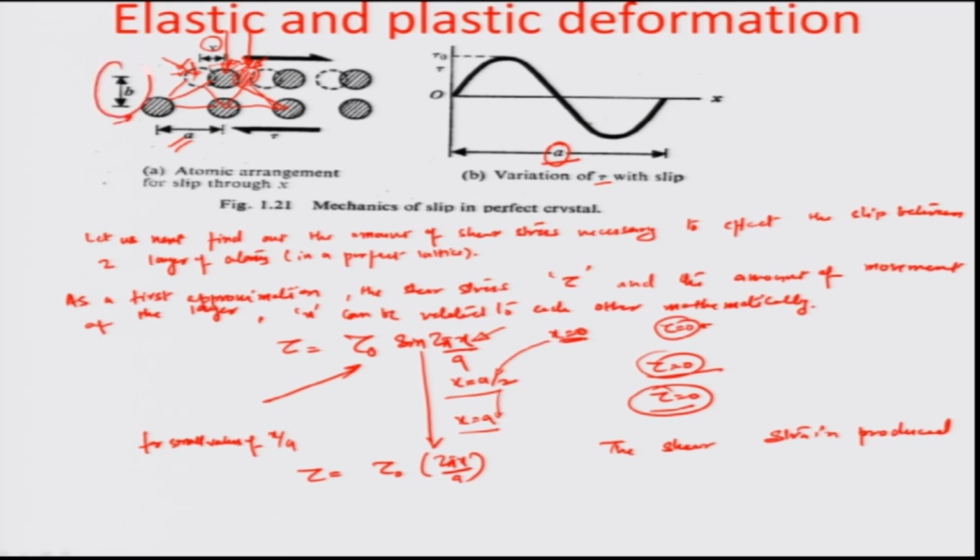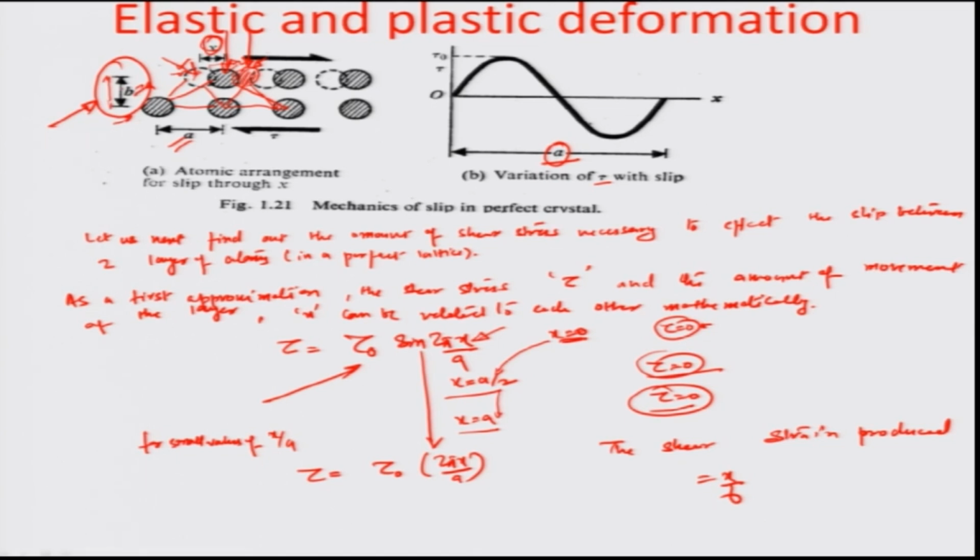if we assume the total vertical spacing between the lattice planes to be equal to b at this time, let us say this unequal lattice spacing, which seldom happens because in a crystal you have more or less regular orientations of the atomic planes with respect to each other, whether you go in the vertical or horizontal really does not matter, and the lattice spacing is one constant a. So, b is equal to a for the regular kind of crystals, but here for the model sake we are assuming this to be a different value. So, the shear strain produced there would be equal to x by b, because x is the movement and the original distance that was there